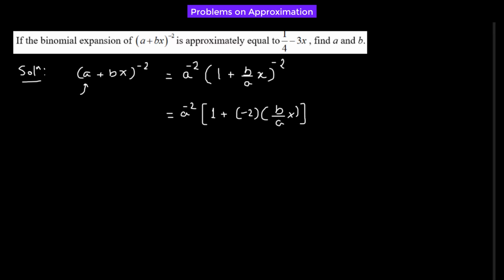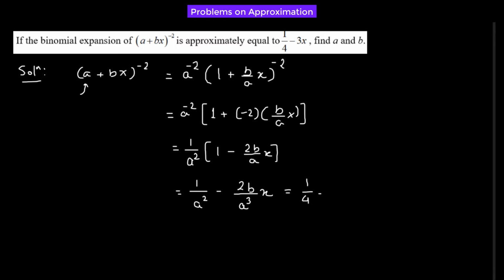We're going to neglect all the higher powers of x, and this should give us 1 over a squared times 1 minus 2b over a times x. Let's distribute 1 over a squared. So then we'll get 1 over a squared minus 2b divided by a squared times a, which is a cubed. Now it is given that this value is equal to 1/4 minus twice of x. So when we compare both sides, we get 1 over a squared